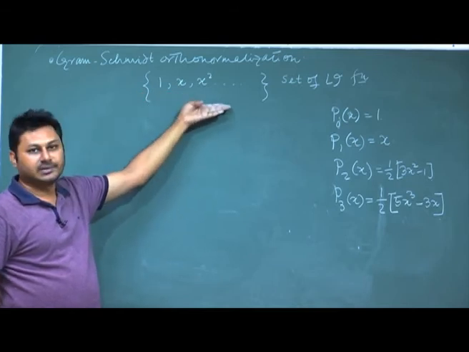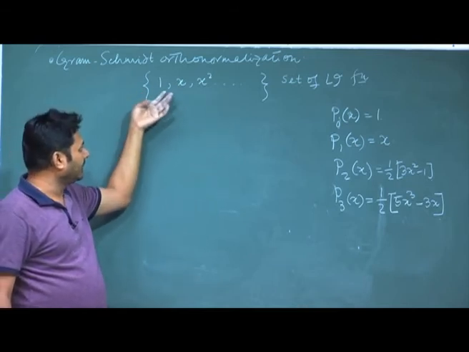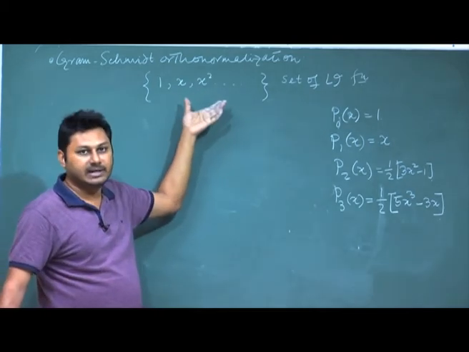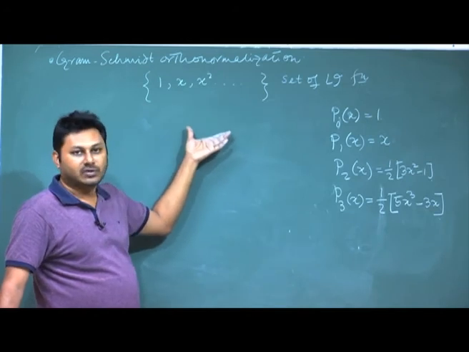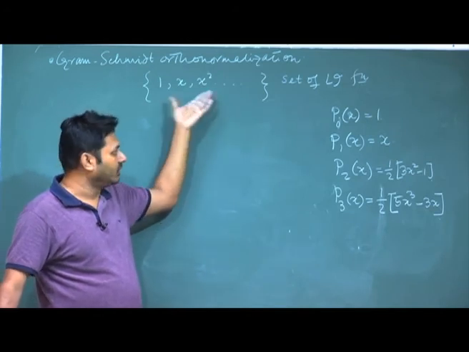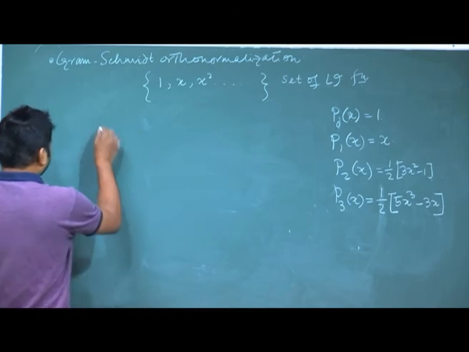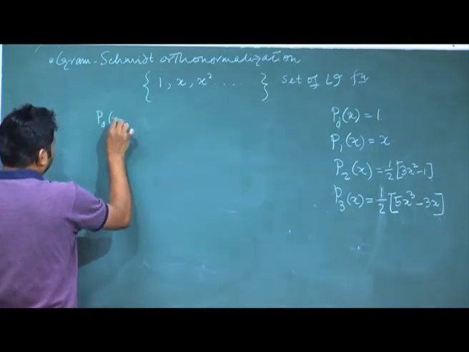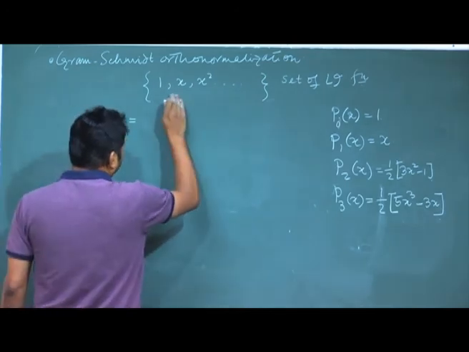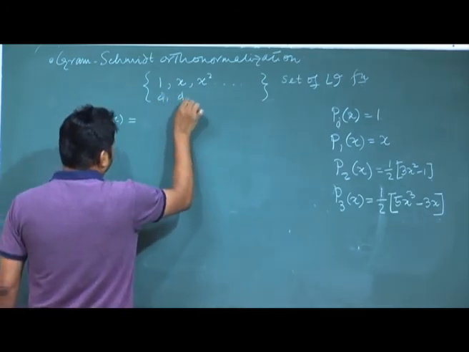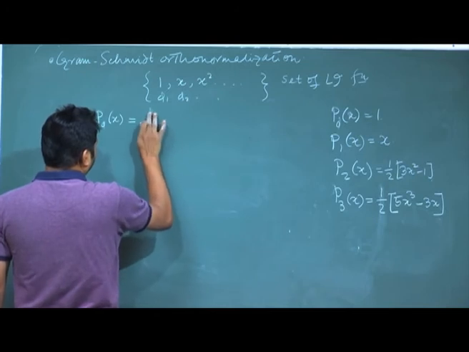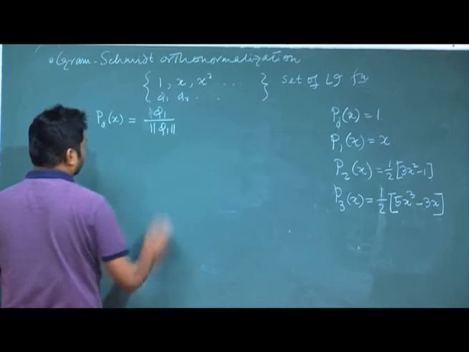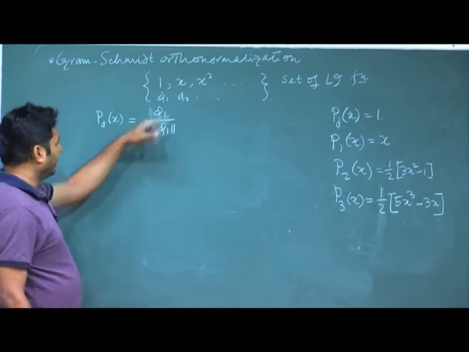This is a set of functions which is 1, x, x square, and in the previous class we showed that these functions are linearly independent, because if you do the Wronskian of that, it will not be equal to 0. So, if I start with that, what should be my first function, p0 x? If I write it as phi 1, phi 2 and so on, then it is phi 1 divided by mod of phi 1. Here phi 1 is 1